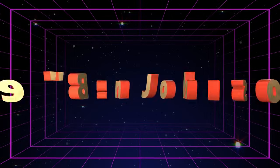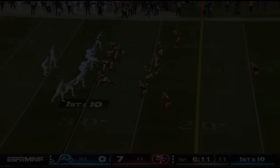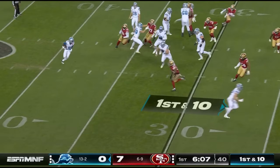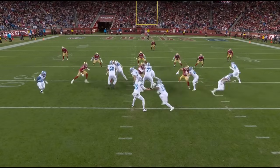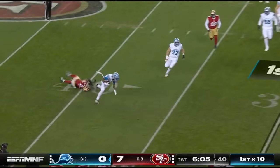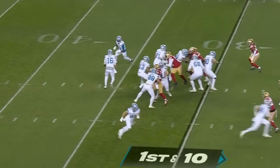Now the fourth and easily largest category of today's video is a play I'm endearingly calling the Ben Johnson, and I'll let you get accustomed to it as they ran it twice against the Niners, where you either fake or actually hand the ball off on a dive, then have the end around as a second option. But from this pretty simple base, there was a ton of room for Ben to work with,